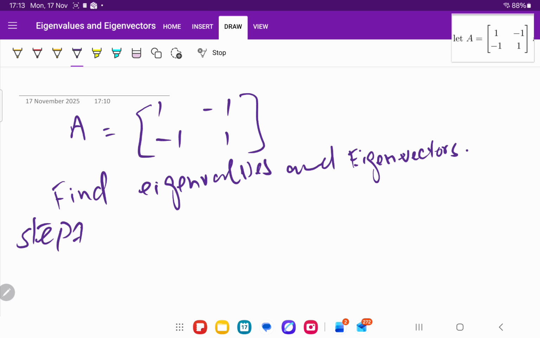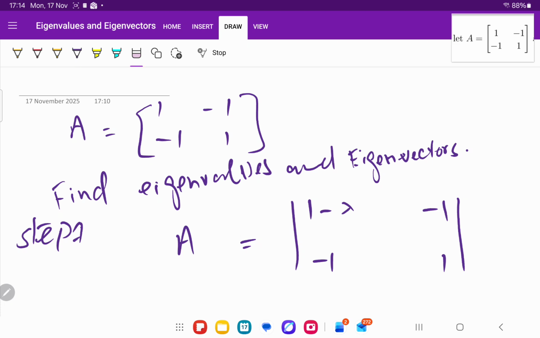The first step is to write the matrix in the determinant form, giving a little bit wider space: 1, minus 1, minus 1, and 1. And after writing the matrix in the determinant form, then from the first diagonal, subtract